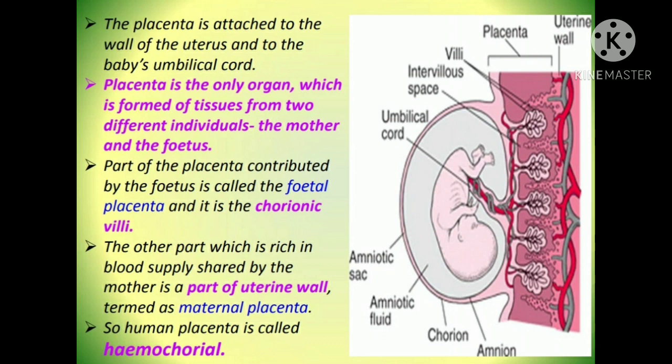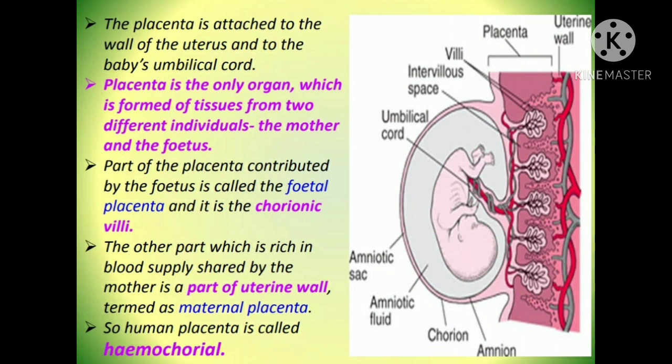The placenta is the only organ which is formed of tissues from two different individuals, the mother and the fetus. I'm repeating it once more: it is the only organ formed of tissues from two different individuals, the mother